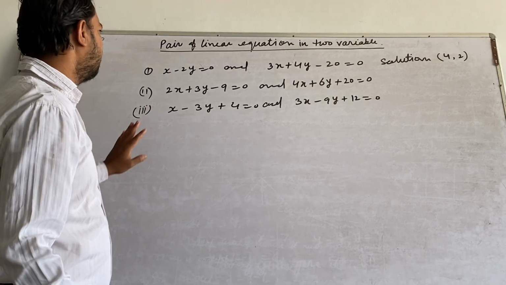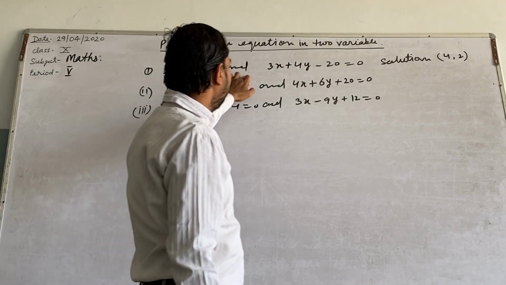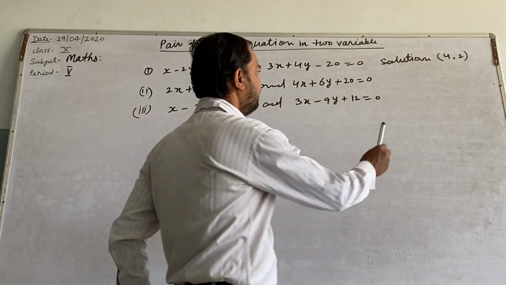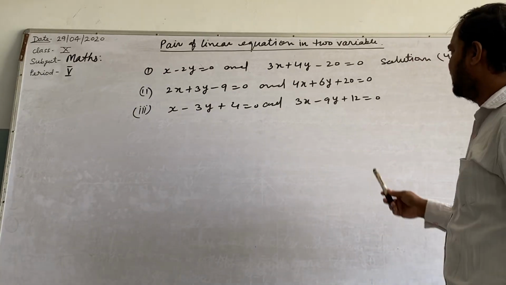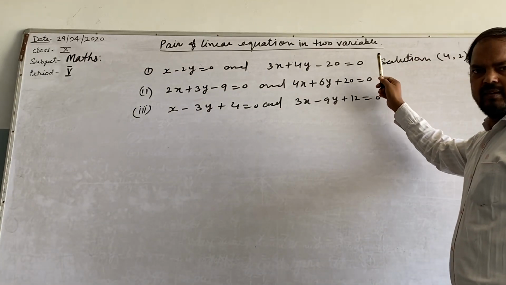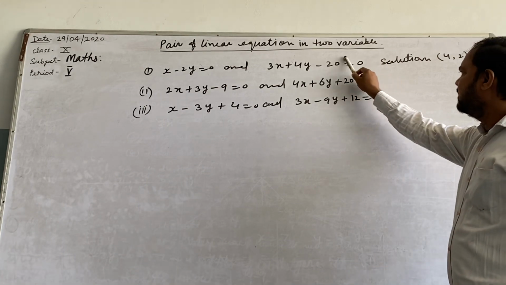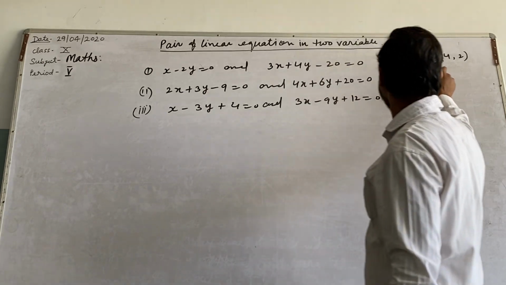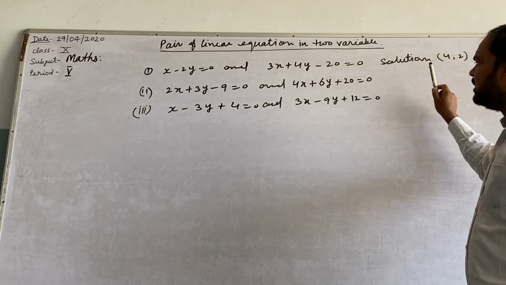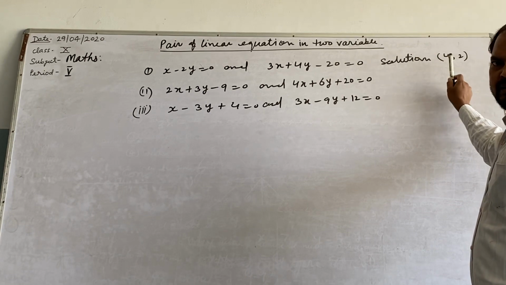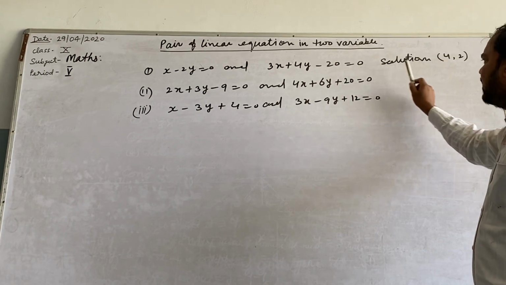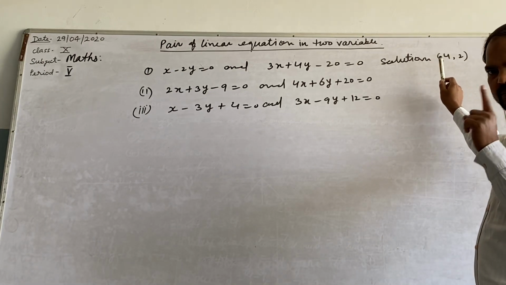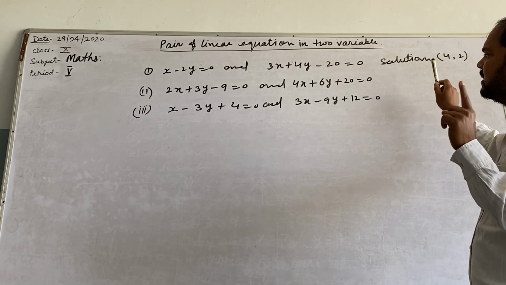So on the basis of this, see, the first pair of linear equations in two variables has a solution (2, 4). Right? We have used it directly. Now you will see later on. And the second pair of linear equations has a solution, and it is only a single, unique solution, because the graphs of these two linear equations intersect only at a point, or meet at a point only.